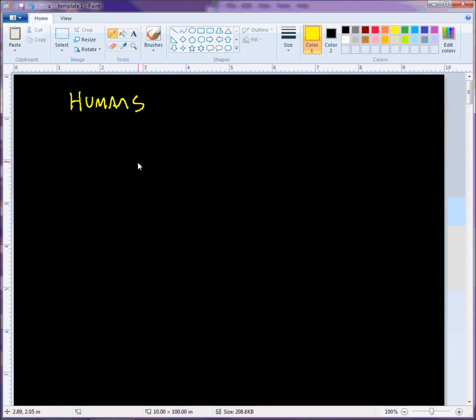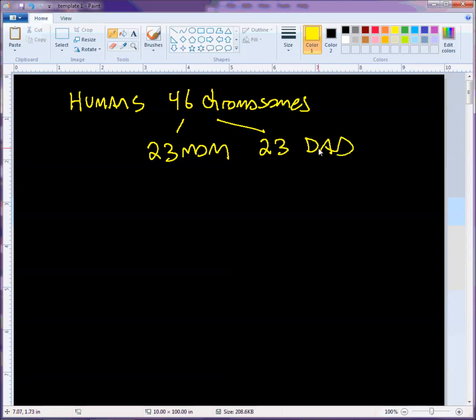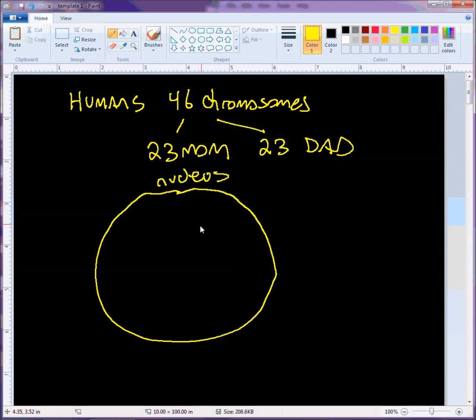With humans, we have how many chromosomes? So we have 46 chromosomes. We inherit 23 from our mom and 23 from our dad. So if we look at a human nucleus, and just a regular cell, not a gamete, and say this is a nucleus in one of my cells, and we're able to look at the chromosomes, well, we should see,